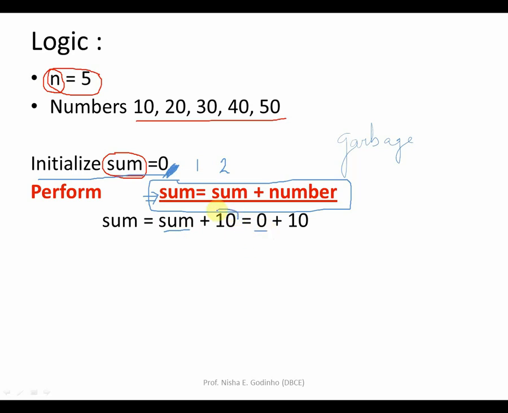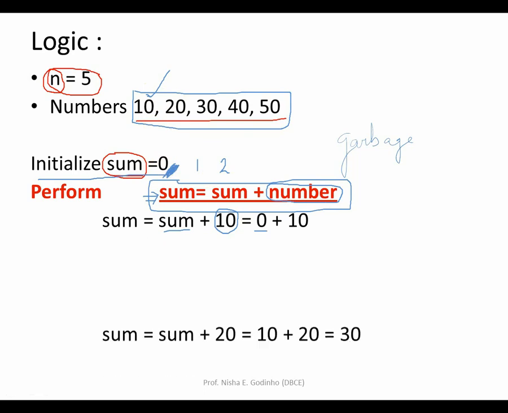And what is this 10 that you can see over here? It is this number. Now what is the number? Numbers are the numbers to be added. Right now we have 5 numbers, so one by one we are going to add them. We cannot add all of them together. We are going to add numbers one at a time. So the first number we have added is 10. So 0 plus 10 is 10.